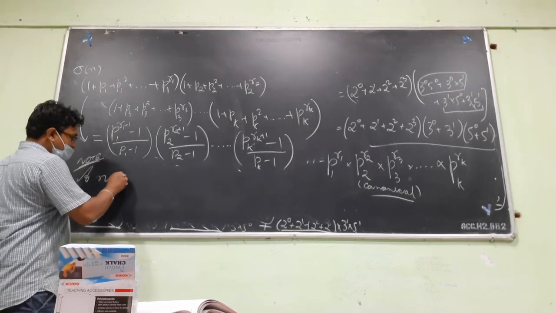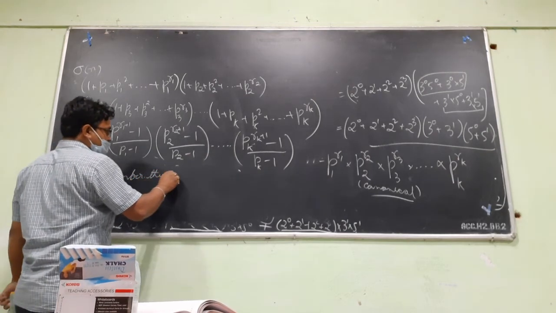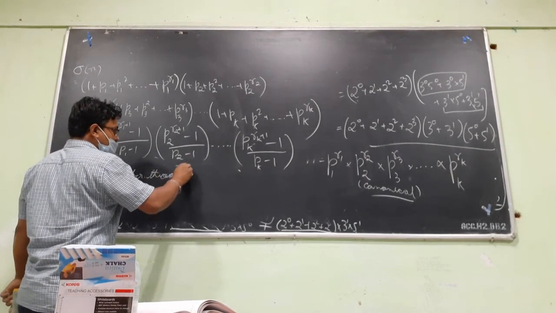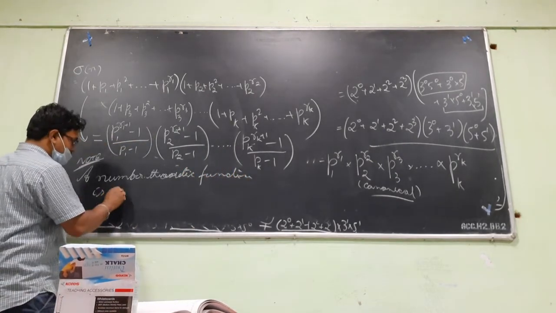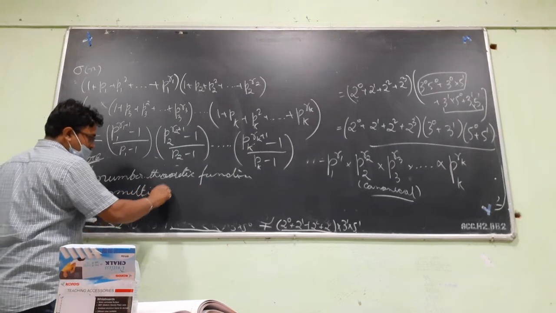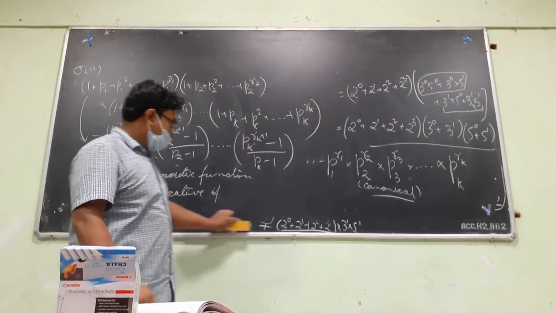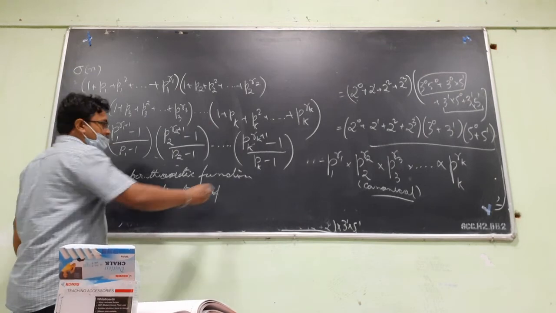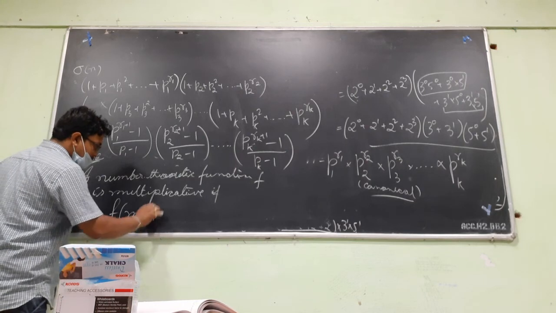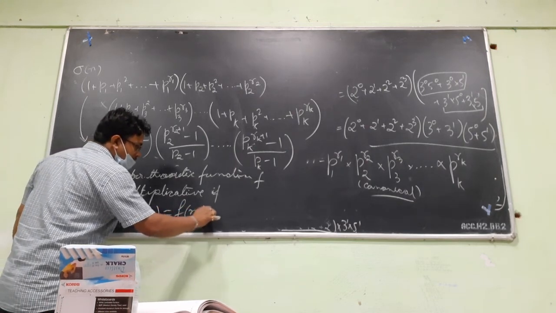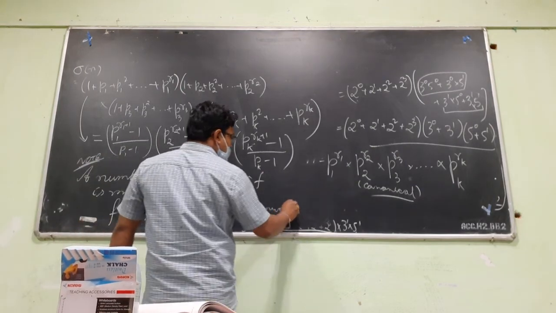A number theoretic function f is multiplicative if f of m into n can be written as f of m multiplied with f of n whenever GCD of